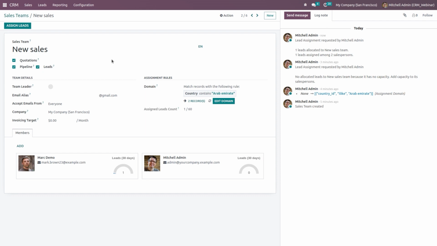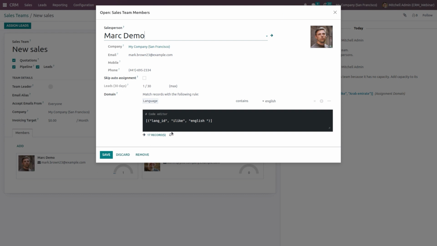And there is one more condition. If the assigned lead's language is English, it will be assigned to Mark Demo. So the Mark Demo lead is updated. So I'm closing this,